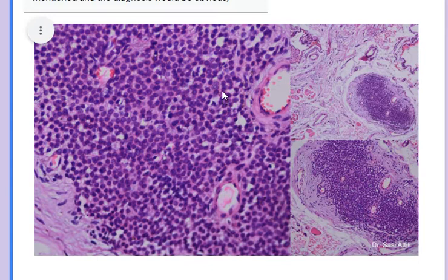Now whenever you're seeing a round blue tumor, yes, basal cell carcinoma should cross your mind, but there's no peripheral palisading. The clue here again is these vascular channels that are in between these blue cells. So you can see this is a vascular channel, this is a vascular channel lined by a small muscle layer, which is giving the eosinophilic appearance of cytoplasm. Again, a vascular channel. These are all small, short vascular channels. You can see that in the low power image as well. And they're lined by a slight muscle layer, which you can see here.